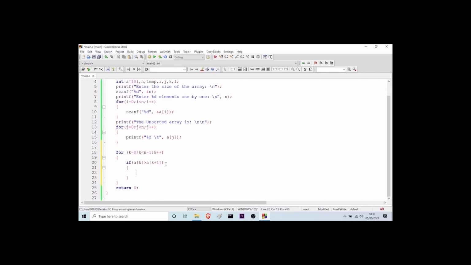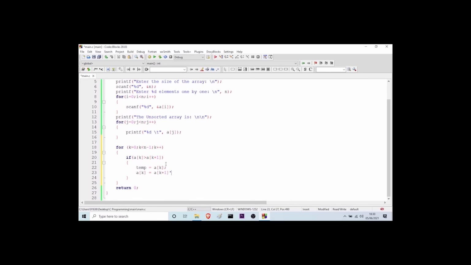So inside the if statement, as I have declared the temp variable, what I will do is temp is equal to a of k, then a of k is equal to a of k plus 1, and finally a of k plus 1 is equal to temp. So this is a basic swapping algorithm. I hope you guys know about this, and I think I made a mistake here. So this will be a semicolon, and then with this we are done with the swapping algorithm,